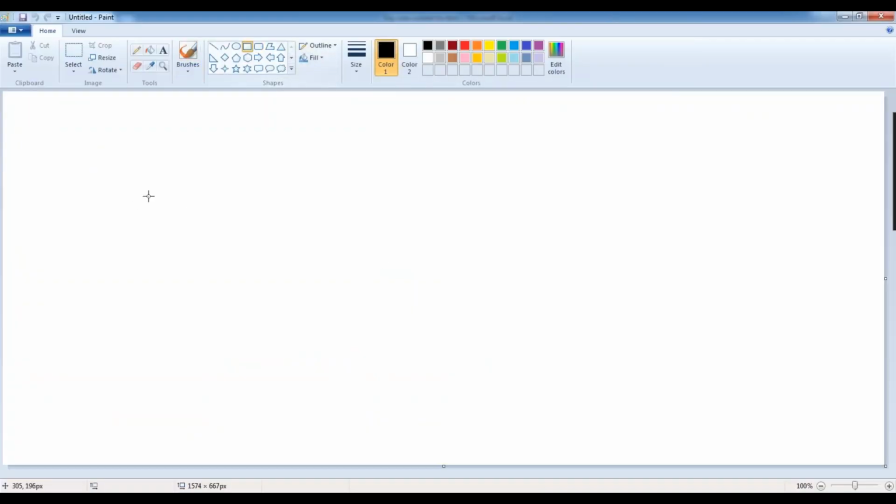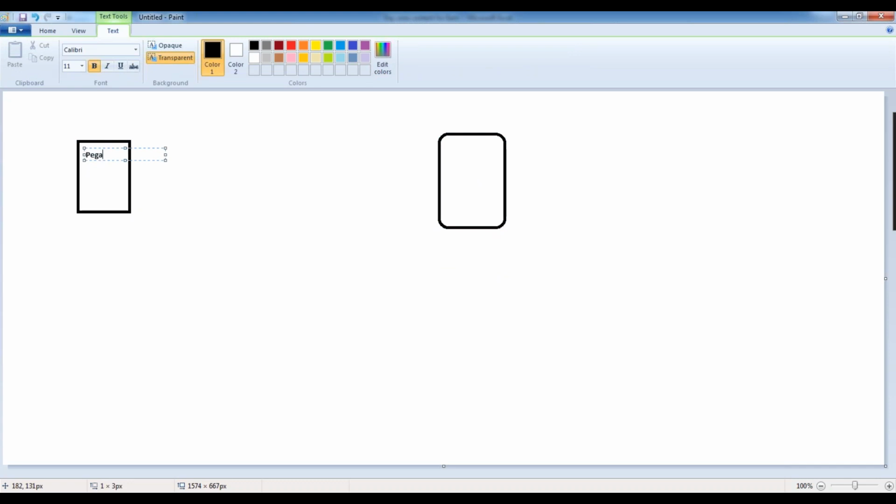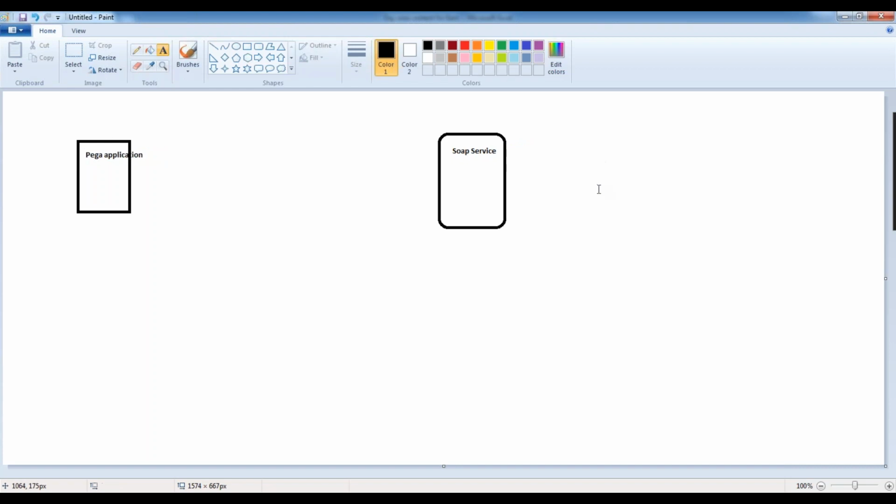The Pega application will be here, and your service is running in some other system, some other server. This is the Pega application. This is the SOAP service. So Pega will send a request.